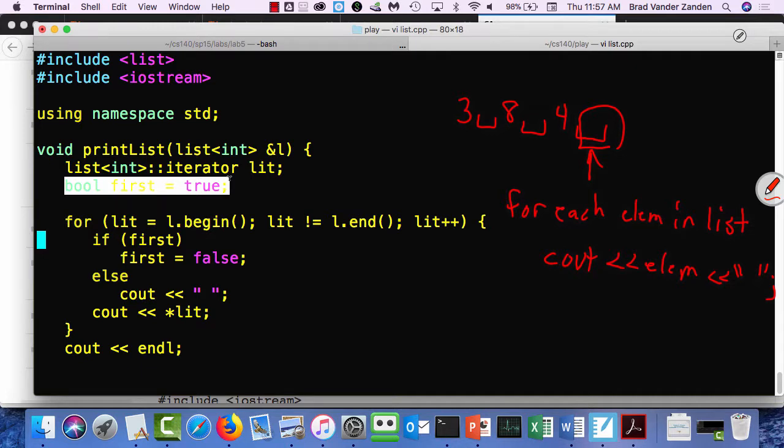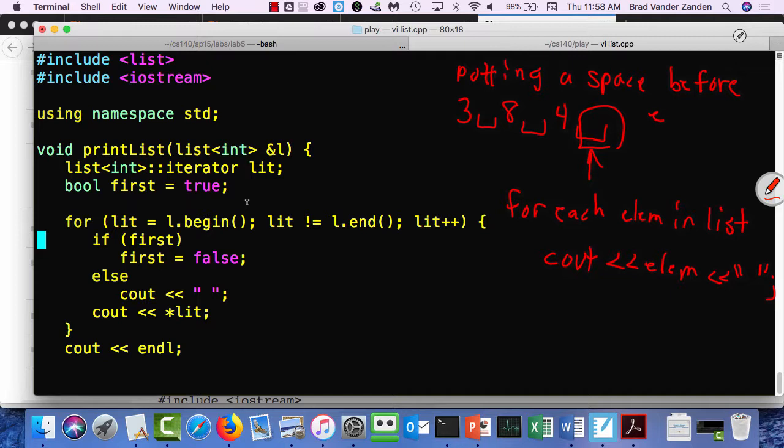So what you do is the flag lets you know whether you are processing the first element in the list or not. So instead of putting a space after an element, we instead reconceive the problem as putting a space before an element. And it should be clear that there should be a space before every element but the first element in the list. So that's why we have our Boolean flag first. So when we iterate through the list, if it's the first element, we're not going to